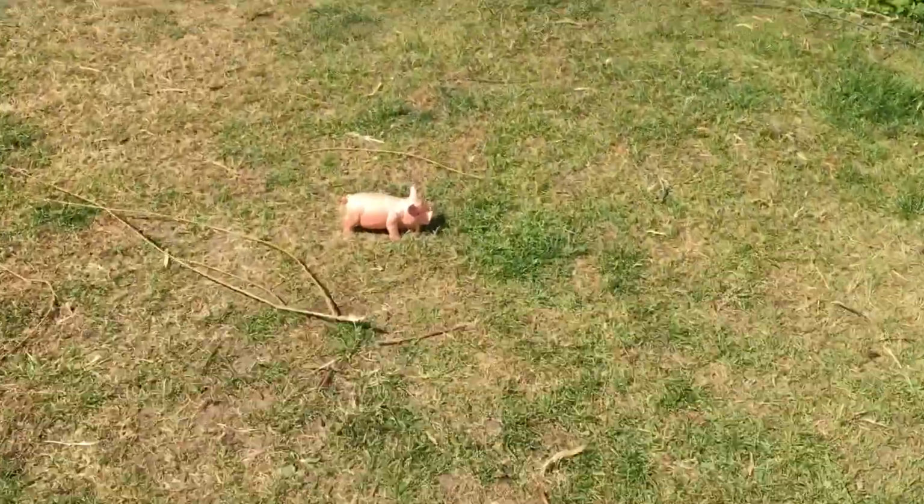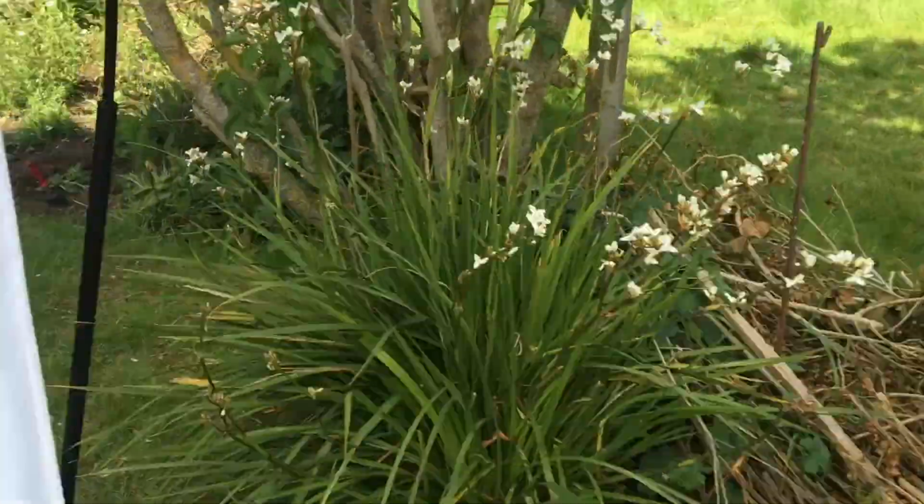Approaching the pig. I'm going to stand on the pig. Yep. Goal. Someone scored. Marvellous. And round the corner